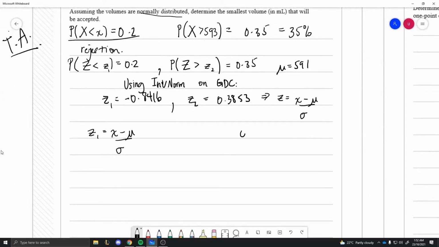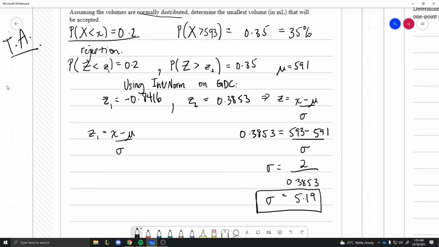So I'm just going to write this here, 591, from the question. So now we can go 0.3853 equals, so this is just from here, equals 593 minus 591 over sigma. Now sigma is going to be equal to 2 over 0.3853, which is going to be equal to, calculator, 5.19. Sigma equals 5.19. So now that we know that value, that isn't our answer, but now that we know that,